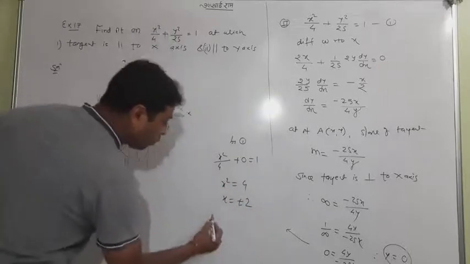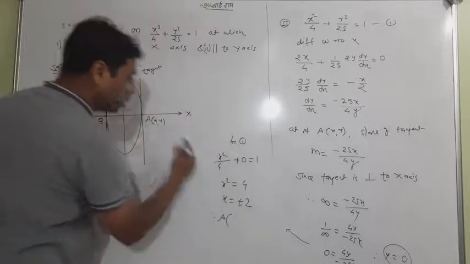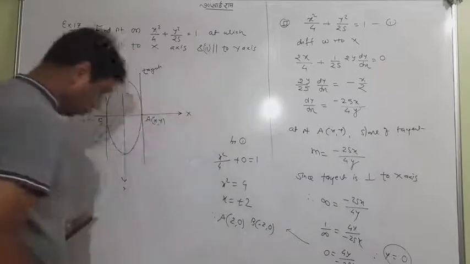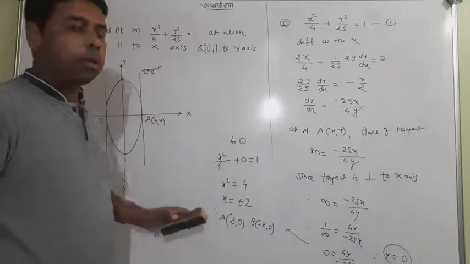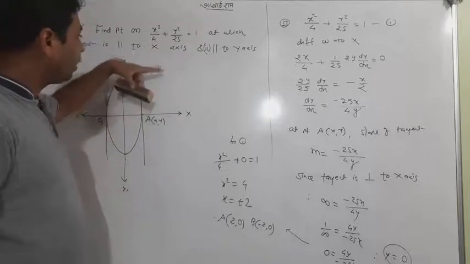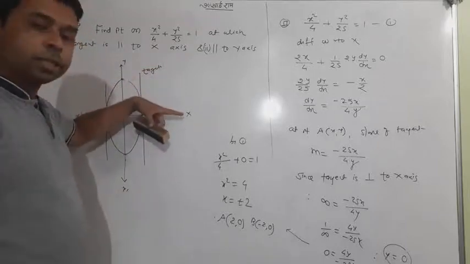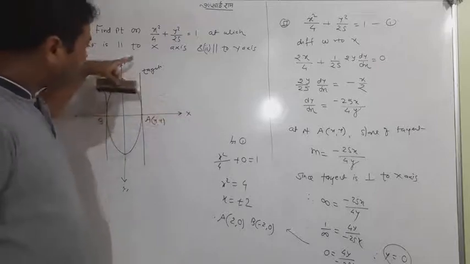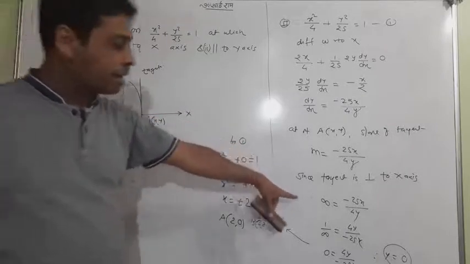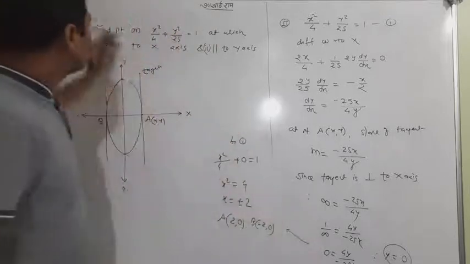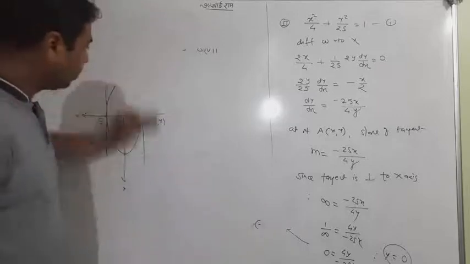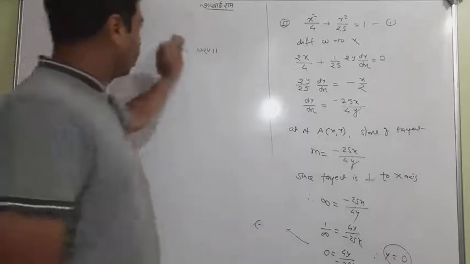So what about A and what about B? A will be plus 2 and 0, and B will be minus 2 and 0. So this is the solution of the example. So hope you have got a very simple concept here. When the tangent was parallel to the x-axis, the slope was 0. When the tangent is perpendicular to the x-axis, the slope was infinite. And how I handled the infinite, you can understand here. So this was the way. Example 17, and please do question number 13 of the exercise, which is the same actually.